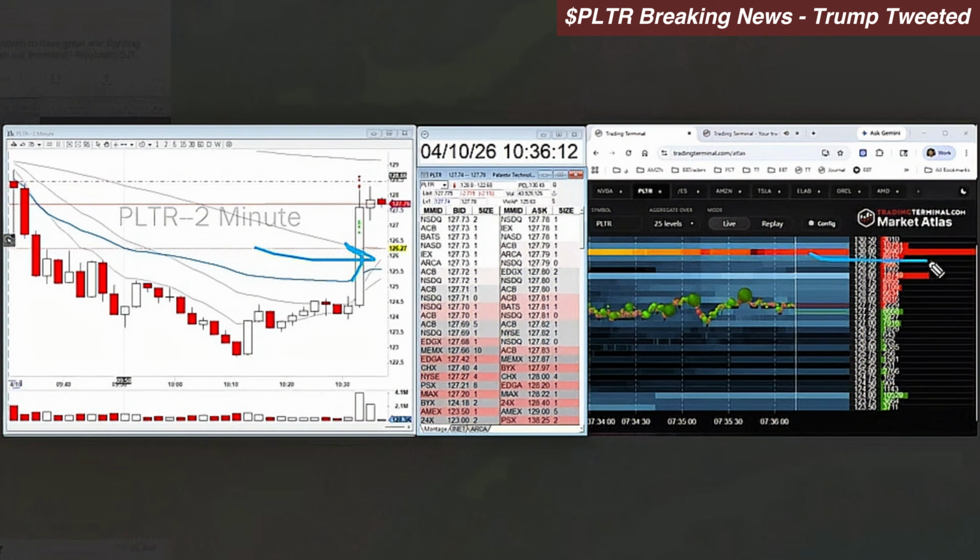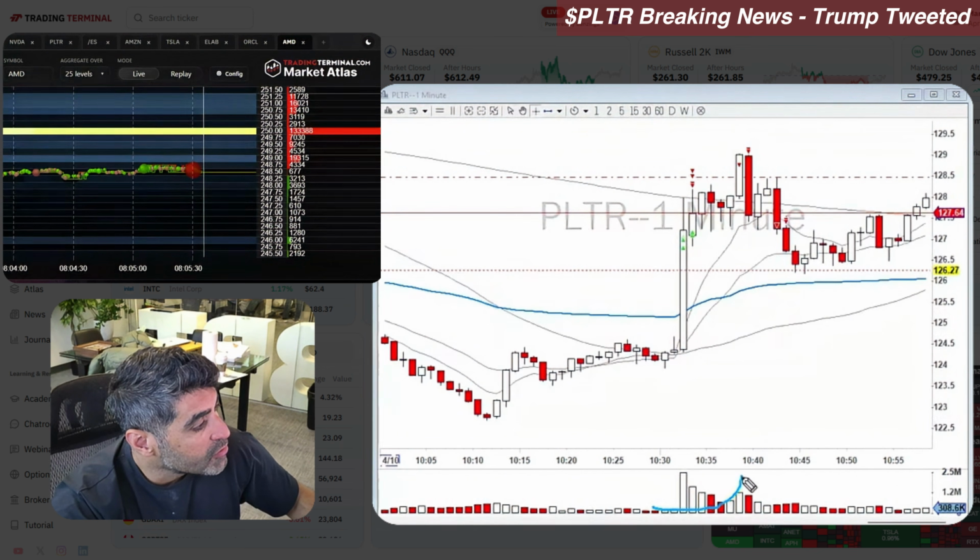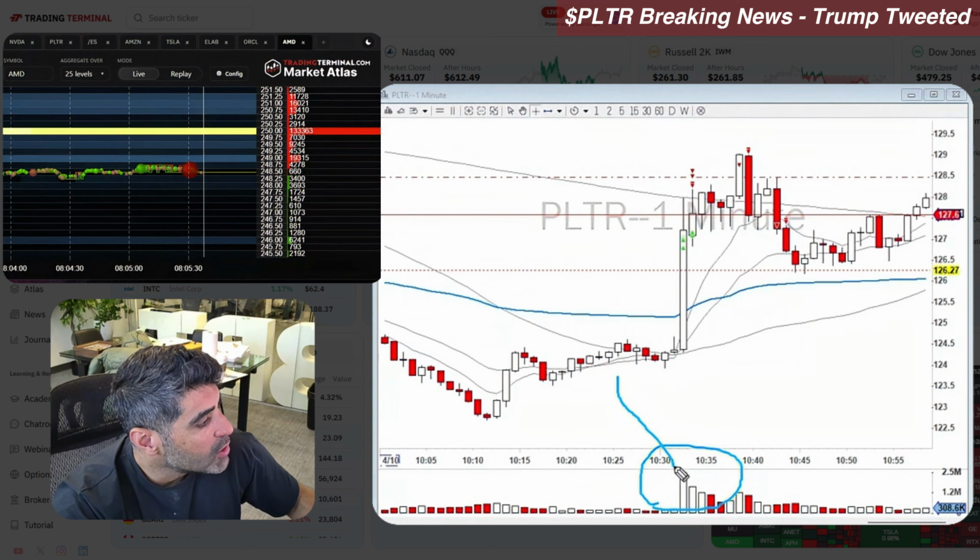The order started really stacking up at 130, and that was a sign for me to go look at the volume that is coming in. As soon as the president tweeted, the volume came in. The volume is the key here. So heavy volume started,